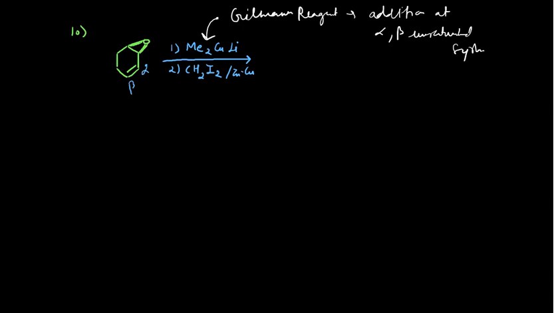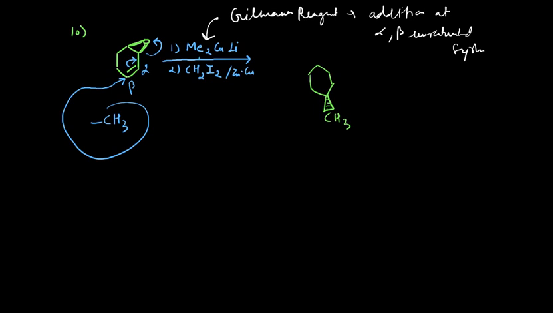So, what will happen for this Gilman reagent in the first step? If you have taken this CH3 from this Gilman reagent, along with the electron pair, this species will attack on this beta carbon, and this will shift here, and this electron will go there. There is no problem in that. So, what will you form in the next step? In the next step, you will have this species. You are having the methyl attached here. This is CH3, and the double bond has shifted here, and this is your O negative.